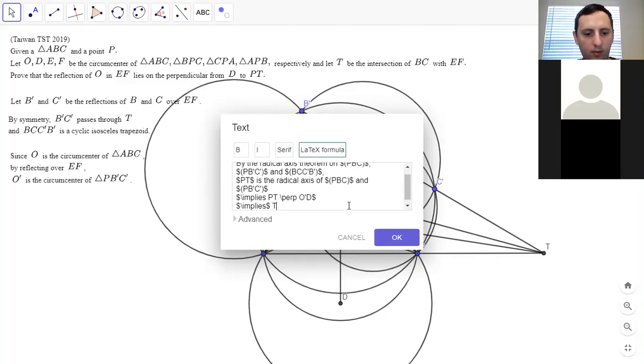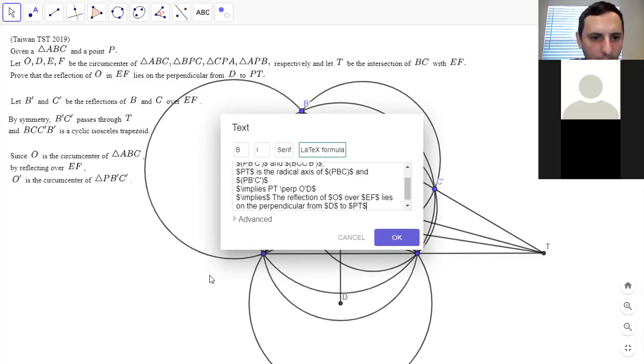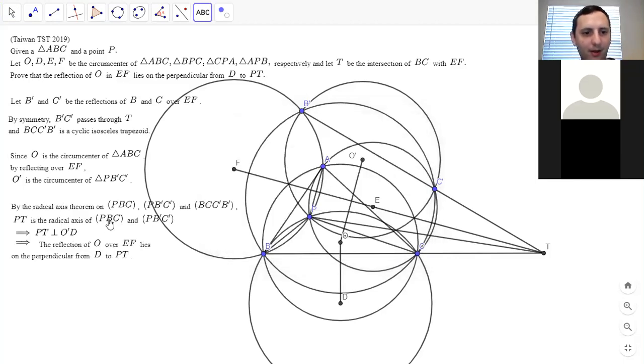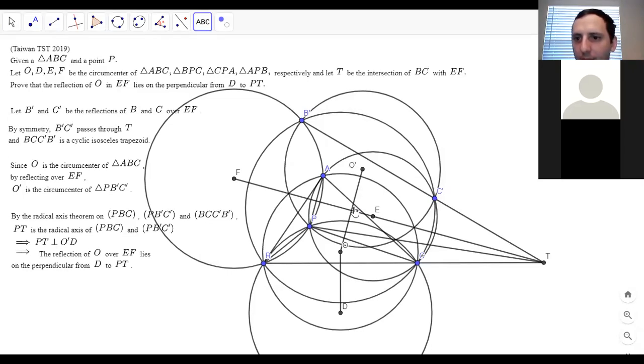Implies the reflection of O over EF lies, yeah, they word it really weird, lies on the perpendicular from D to PT. Okay. See how that came out? Not bad. Yeah, it overlaps the figure a little bit, but oh well. Okay. Nice solution. So I will move on to the next one. Let's see. So